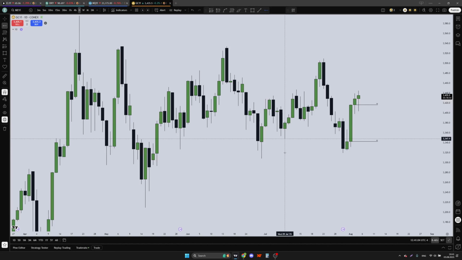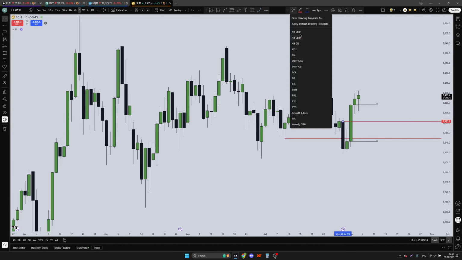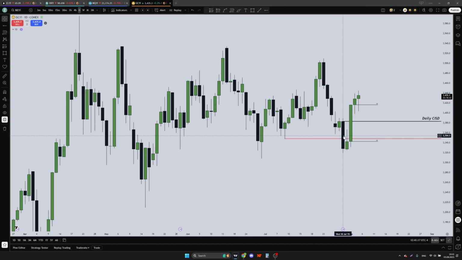Now here you can see that we took the external range low, external range liquidity low here, and after we took that we have a huge reaction. Meaning here on the daily chart we have the daily change in state higher. We also have a displacement higher right here in the forms of the daily BC,